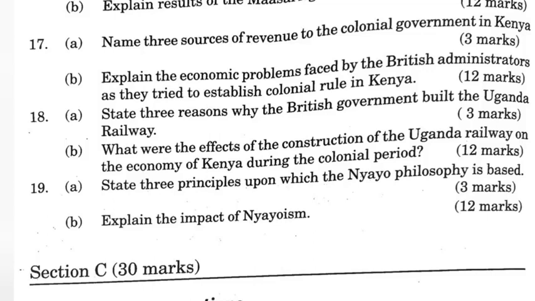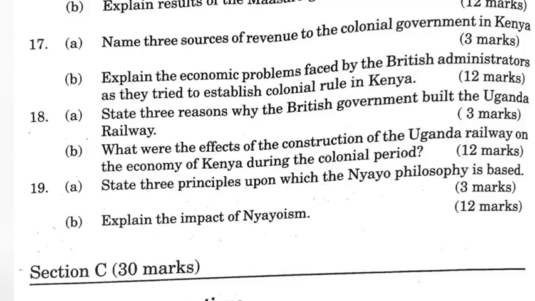5. During the construction of the railway, Africans were employed as semi-skilled workers. After completion, Africans still got jobs as semi-skilled workers. 6. It enabled the government to control the protectorate more effectively. 7. The extension of the railway to economically potential areas, for example Magadi, Eldoret and Kitale, brought in more revenue to the government.